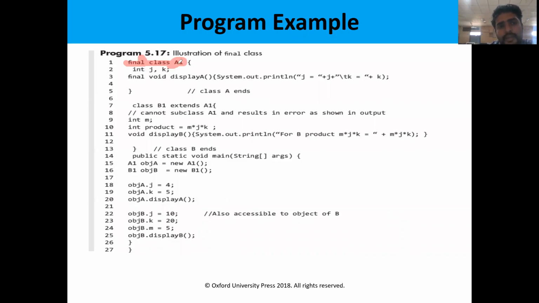That means no subclass will be created under A1. Here there is a method, display A. That method is also declared as final. That means there is no modification in that method. We can access that method without creation of any object.